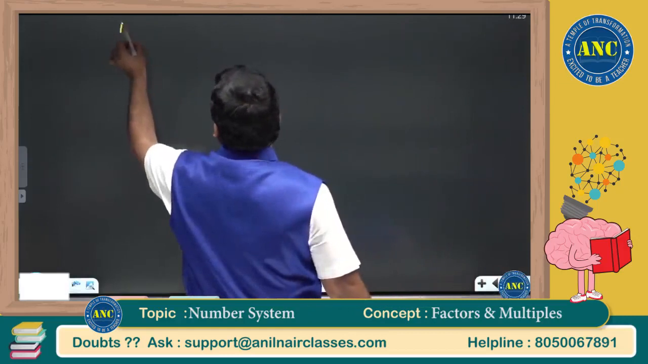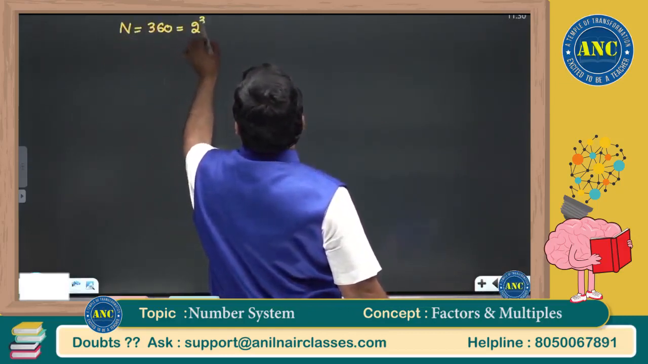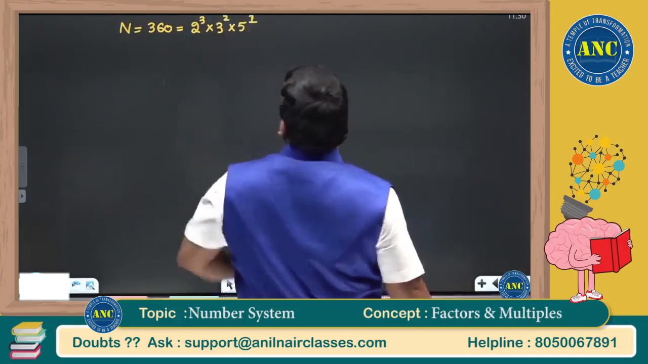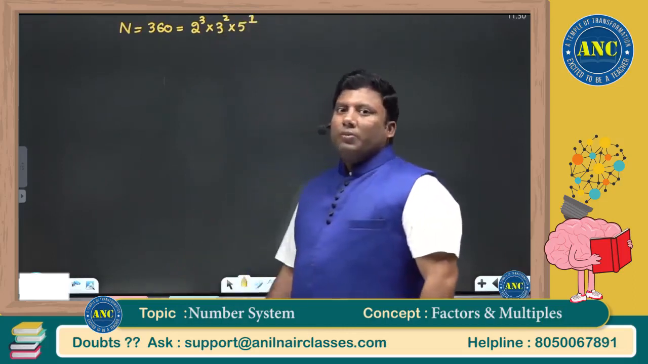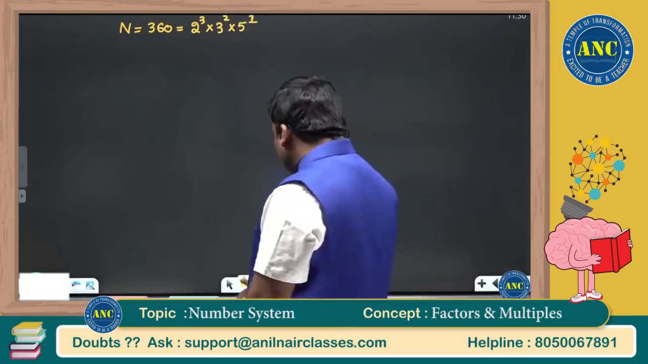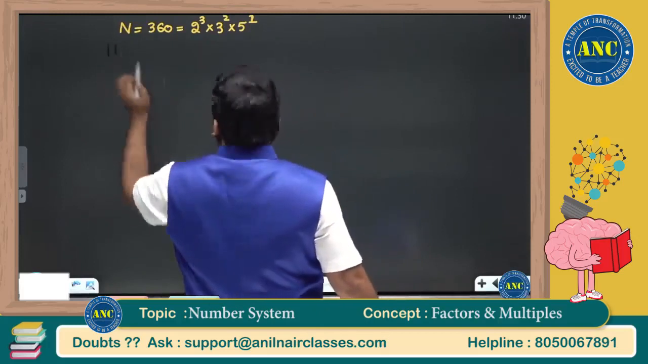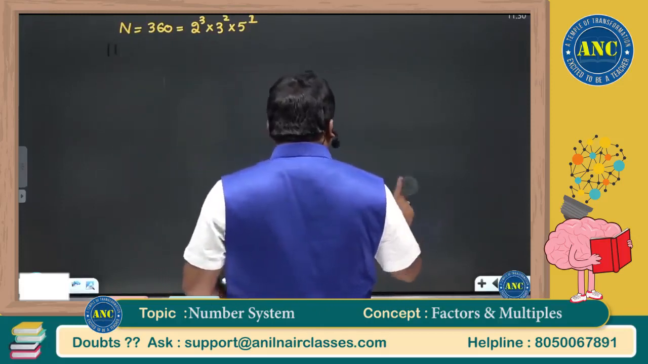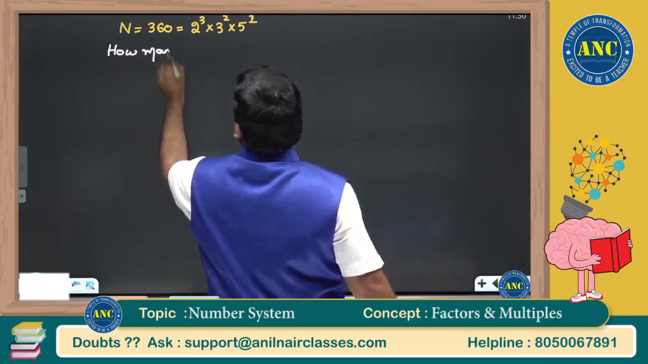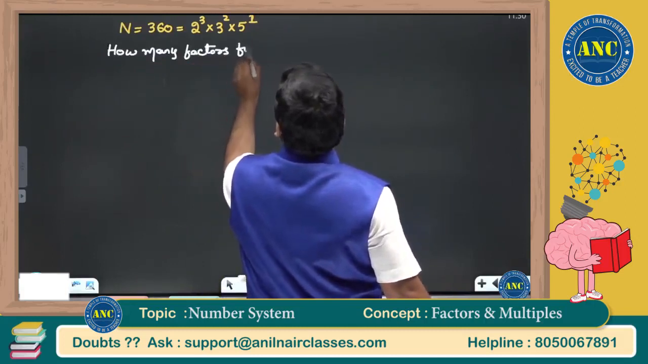N equivalent to 360, which is 2 cube into 3 square into 5 power 1. Now see here, listen carefully, sir. The question is, how many factors for N are...